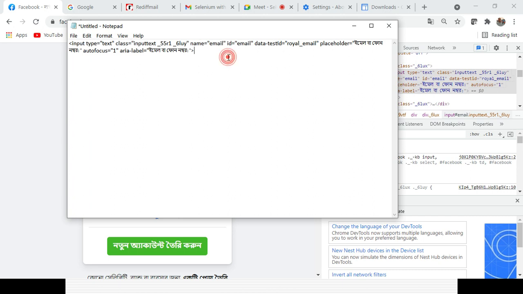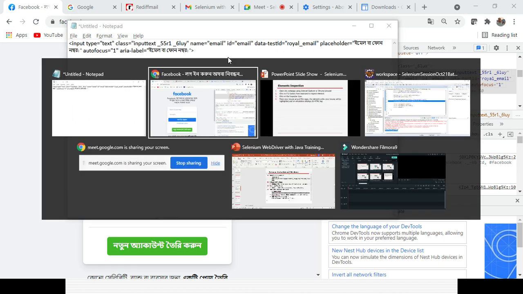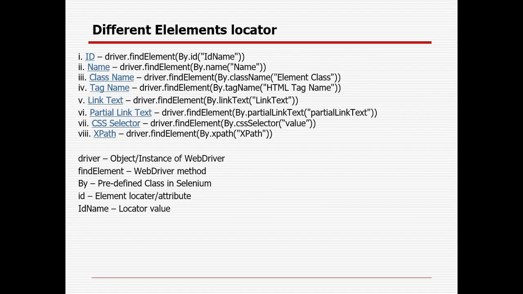Whenever you are trying to identify any element, an attribute should be unique in nature so that you can uniquely identify it. So these are the different element locators available in Selenium WebDriver through which we can uniquely identify the element. In case we are not able to identify uniquely, we need to create our own XPath or CSS selector. The primary ones are ID, name, class name, tag name, link text and partial link text. Link text and partial link text are used only for links or hyperlinks. In case we cannot identify anything with any of the attributes, we will create our own XPath and CSS.